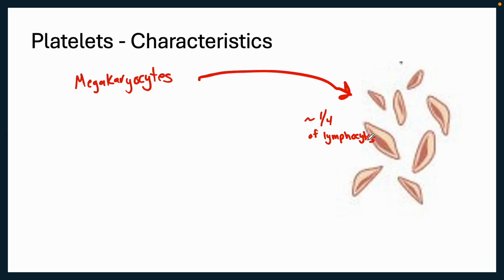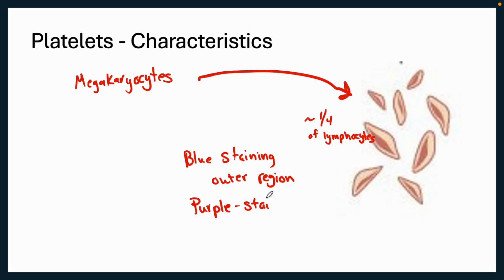In blood smears, they appear to have a blue staining outer region and a purple staining inner region. This purple staining inner region is going to contain granules. Those granules contain things like